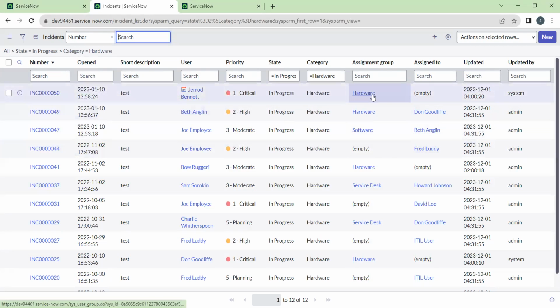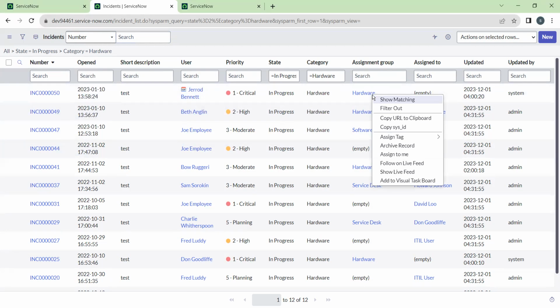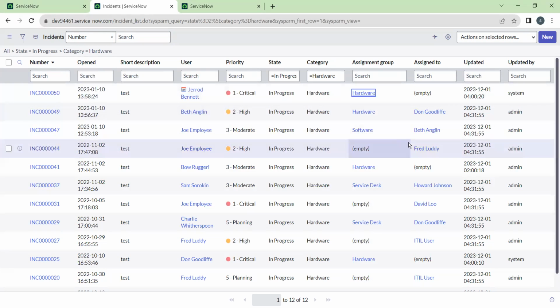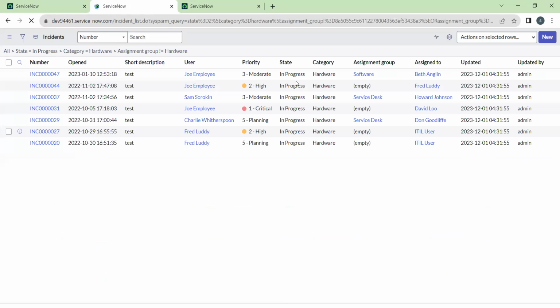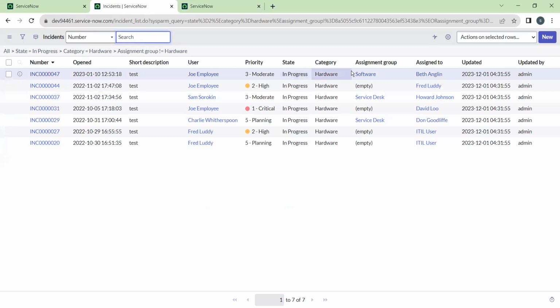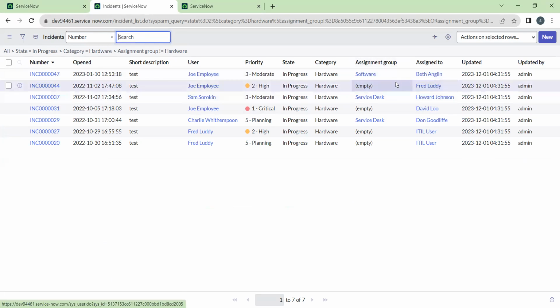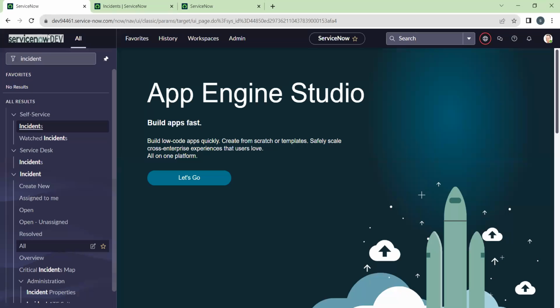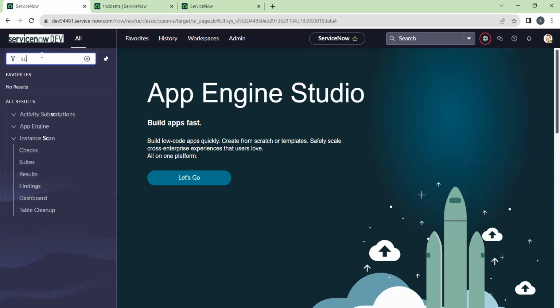So let's also filter out the hardware assignment group so that we'll get incidents which are in progress state, category is hardware, and the assignment group is not assigned or different from the hardware group. Okay, so as we have our query here, let's navigate to scripts background,